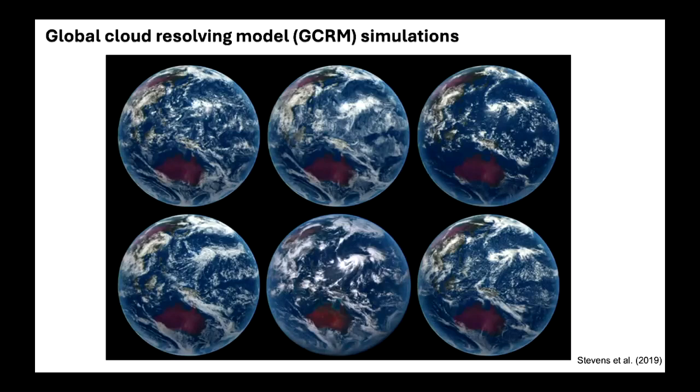Okay, so just to give you a little bit of flavor of what they look like, I'm showing you here 6 images. One of these images is actually a snapshot of our satellite observation, a real satellite image. And the rest of them are synthetic images produced using our global cloud resolving model outputs from 5 different models. Can you tell me which one you think is the real satellite image and why?